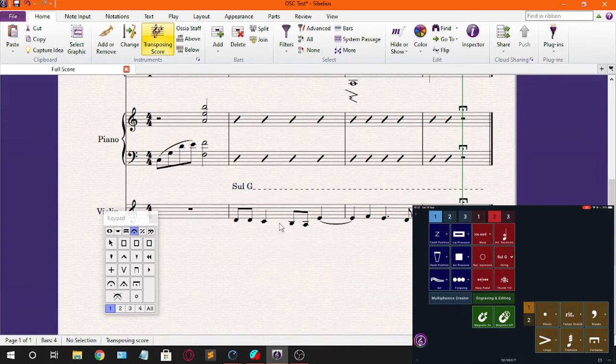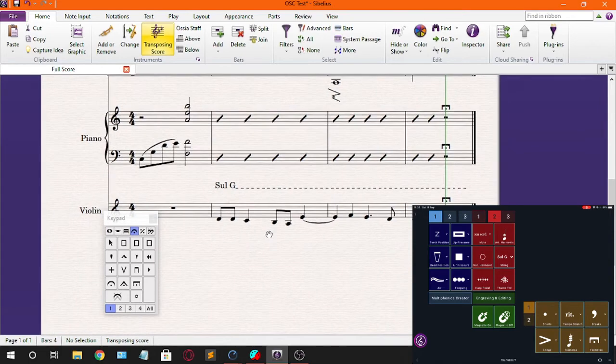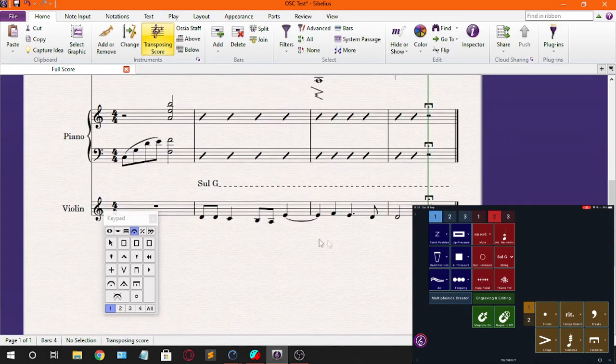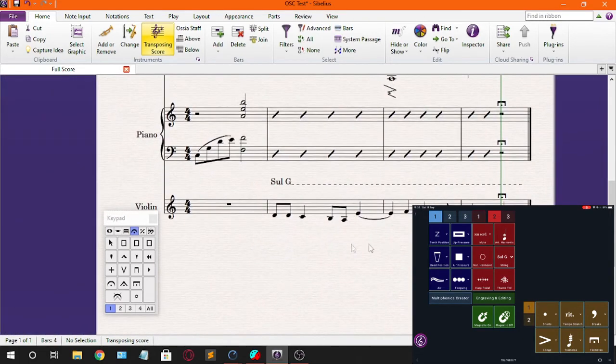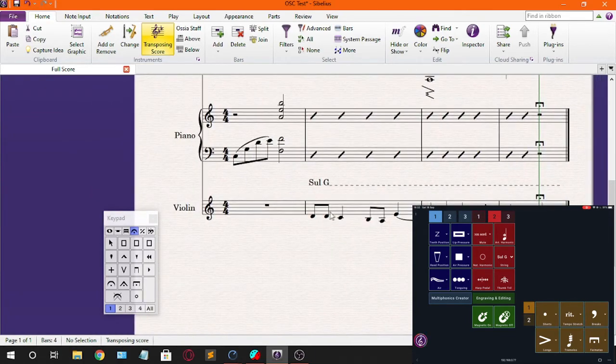Okay, yeah, that seems to work fine. Yep, that works fine. And yeah, it's going to be on the sul G string, and at the same time, I want it to be played with con sordino. There we go, we added in con sordino. I'll just position it at the start to make space for the next thing that I'm going to add, which is going to be